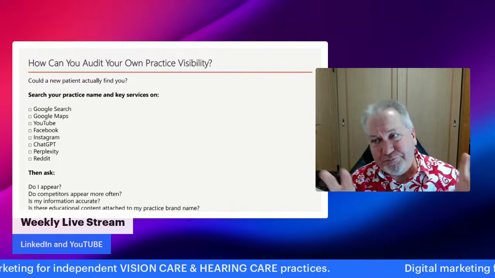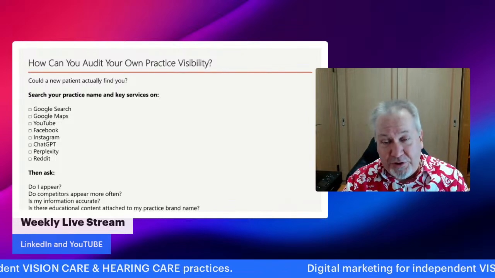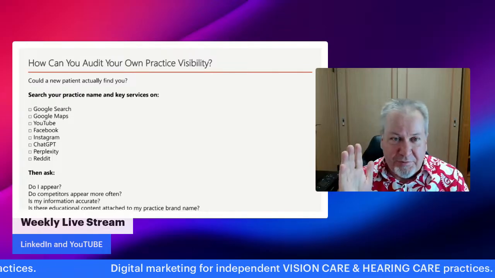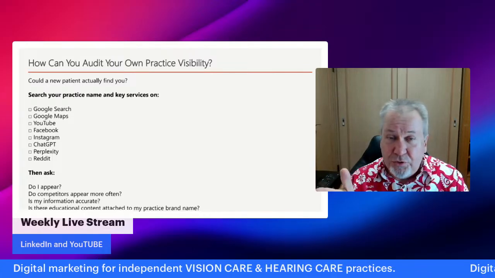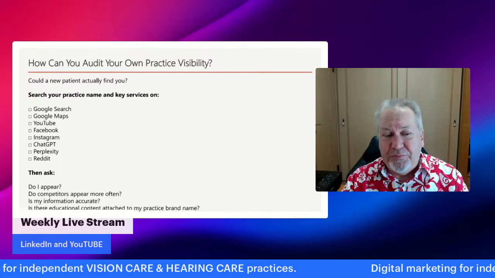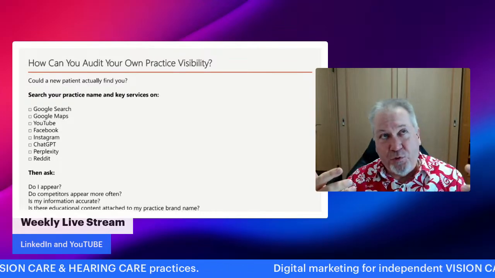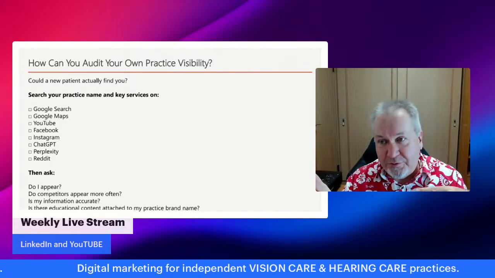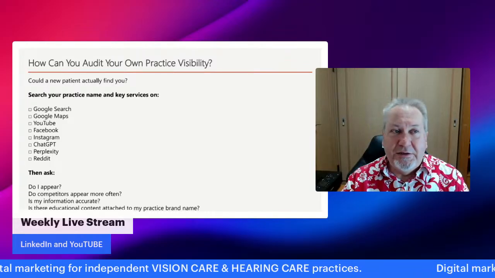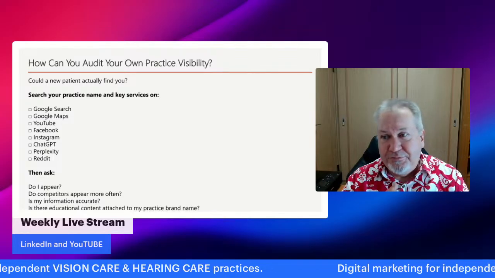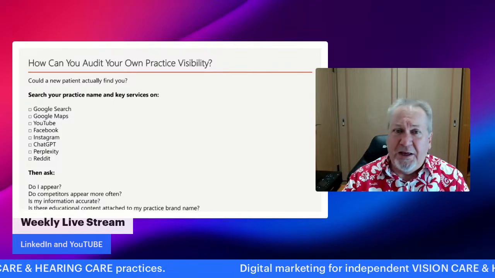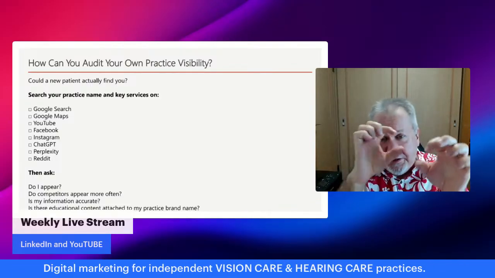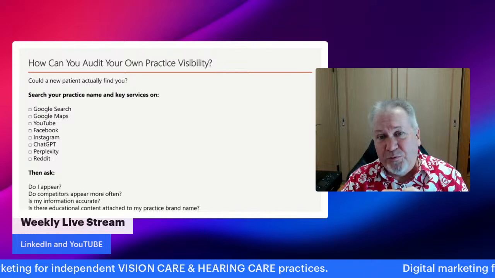There are tools that will give you a better answer, like Google Maps, for example. We use a tool called BrightLocal, where you can put in the name of your practice and do a search for, like, "optometrist near me", and it'll give us a map grid, and it'll tell us where you're ranking within Google Maps.